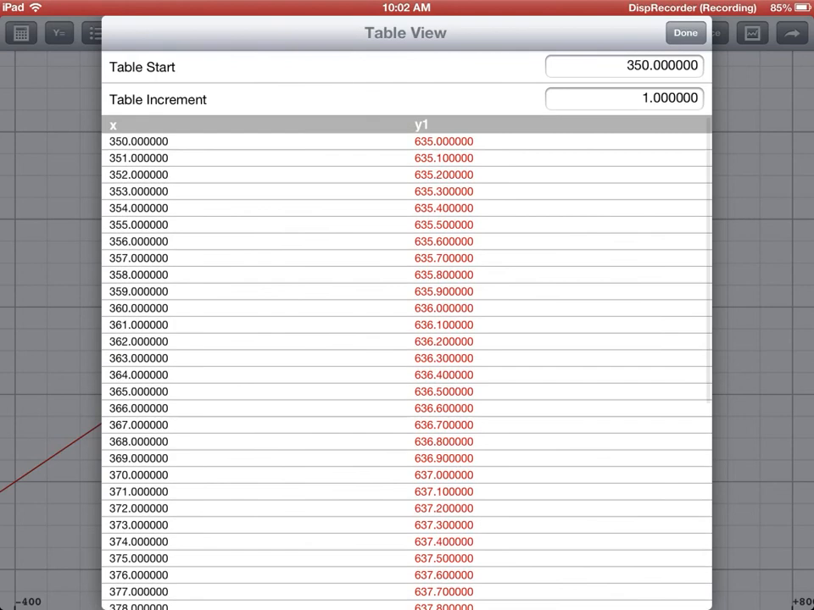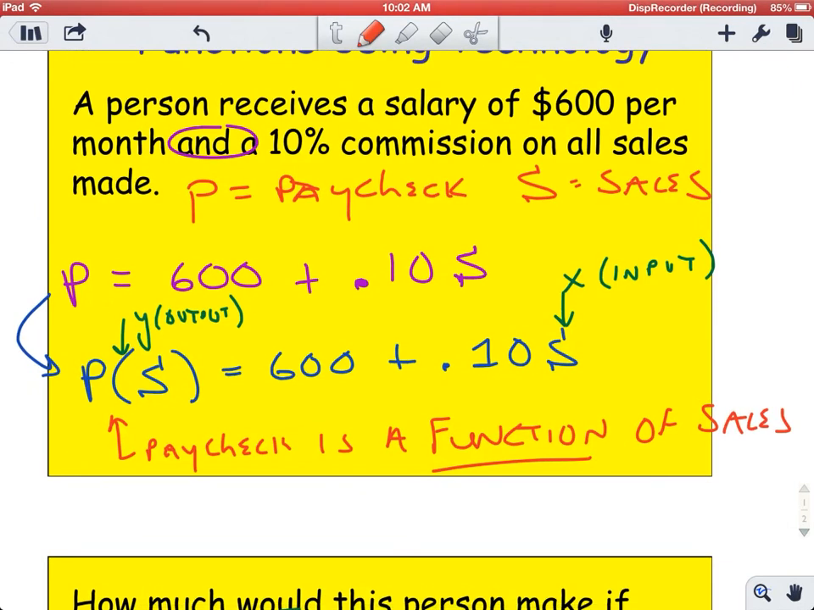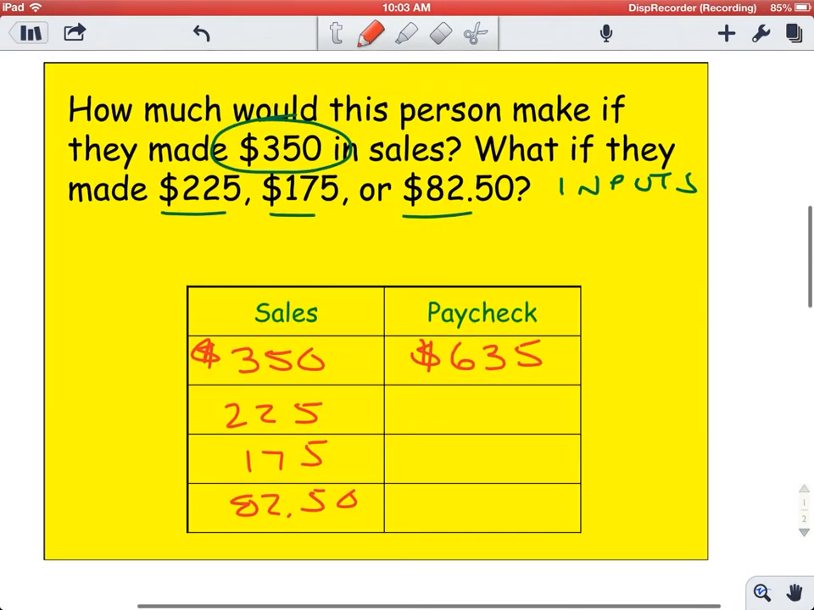And so we can see that an input of 350 is an output of $635. So you can see that that entire equation is taking into consideration the $600 and the 10% commission. The calculator is finding the final value for you. Let's go back